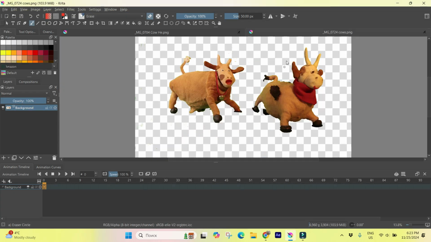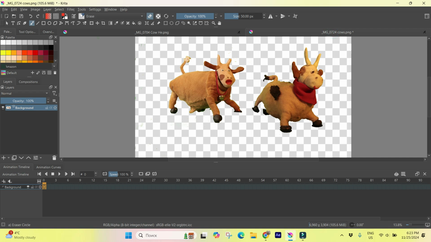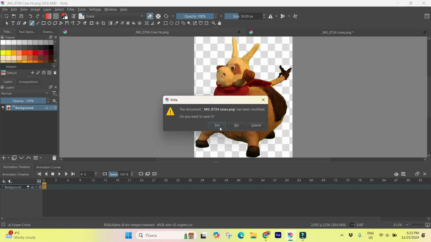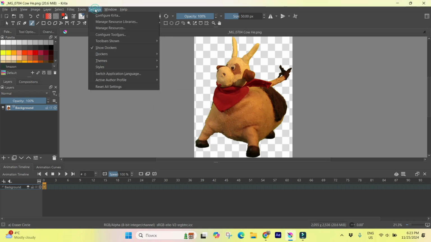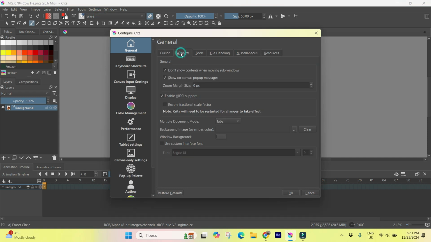then you have them opened, but you can work with one of them or open another one, but not two of them together. But what if you want to have this file opened in two windows at the same time? Okay, let's close the second one and go to settings, go to configure Krita and find here window and multiple